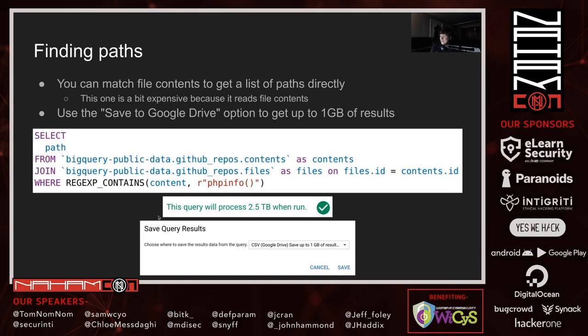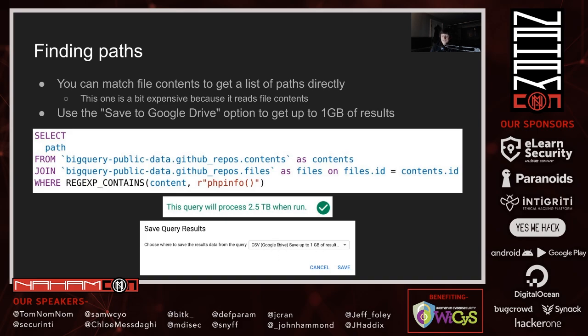The other piece of advice I would give you is to use the save to Google Drive option, and I use the CSV because it's easier to process than the JSON files. I think multiple hundreds of megabytes of JSON files is quite difficult to deal with, even if you're using some very good open source tools for dealing with JSON files.